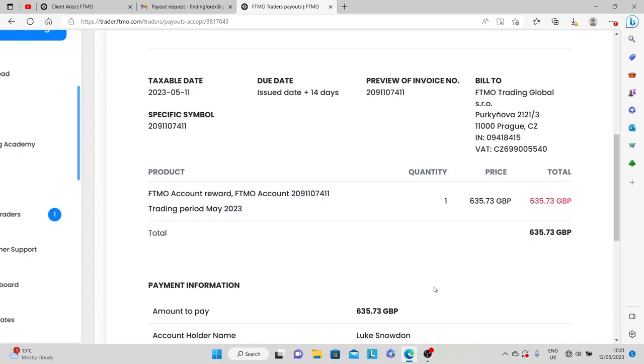You just click proceed and continue, and then it's all done. However, when it comes to sort of taxes and all of that stuff, you are left on your own because FTMO, I think, are based in Prague. I want to say Czech Republic, Prague. There we go. See right there. And basically, obviously, tax laws in the Czech Republic will be slightly different to, say, the laws in England. So what I would advise